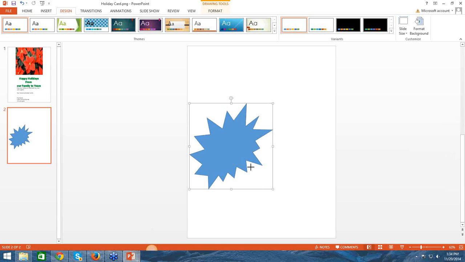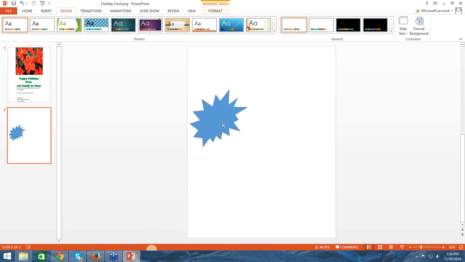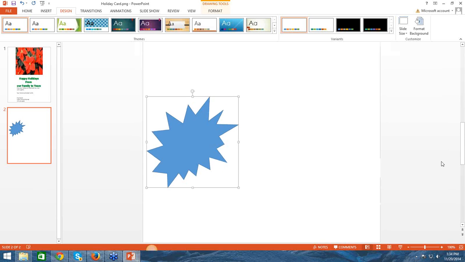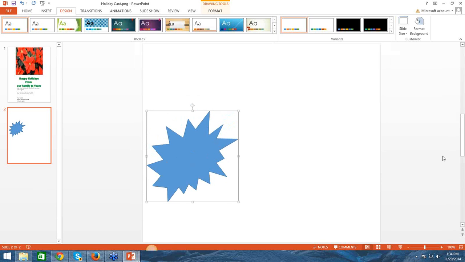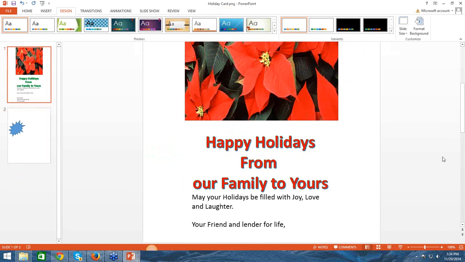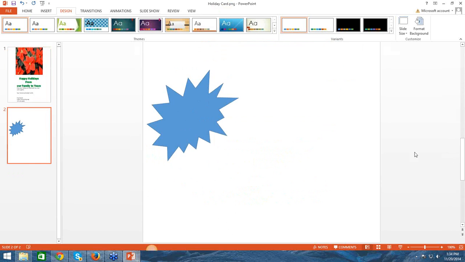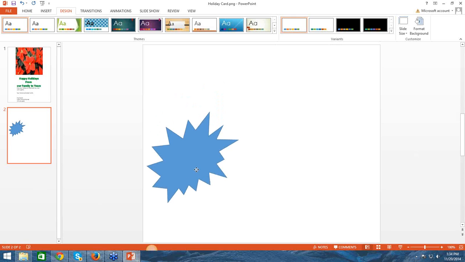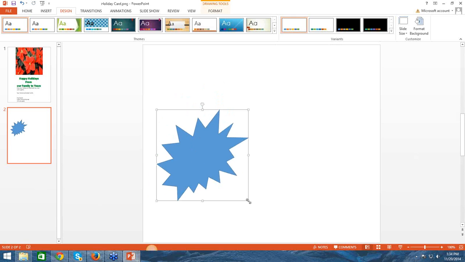If I did it like this, that would mean my burst is going to take up a large portion. You know, if I maximize it to 100% to see what it looks like, that's a big portion of my flyer that thing is taking up, right? So I can play with it that way, look at it in real size. But here's the cool part. Now I can come in here and say,